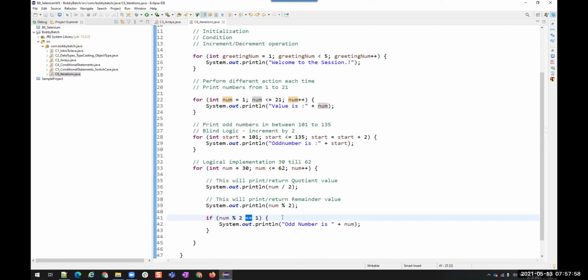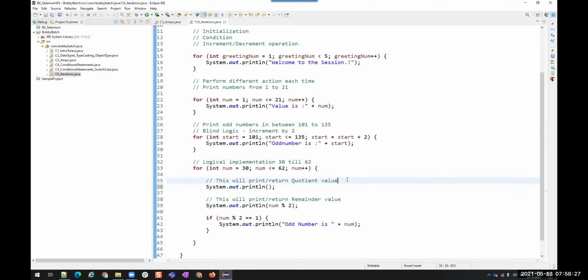Can I give an alias name for that num percent 2, something like Q or R, in the print command, and use that Q here? Instead of the expression, can I give some variable there? Yes, we can.